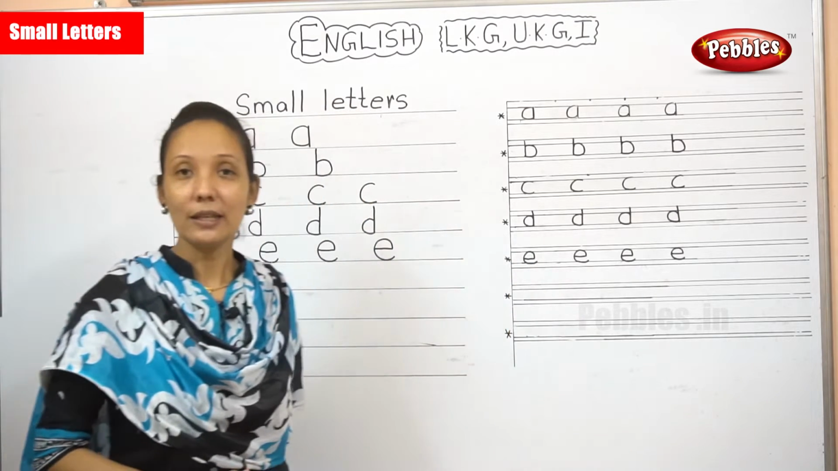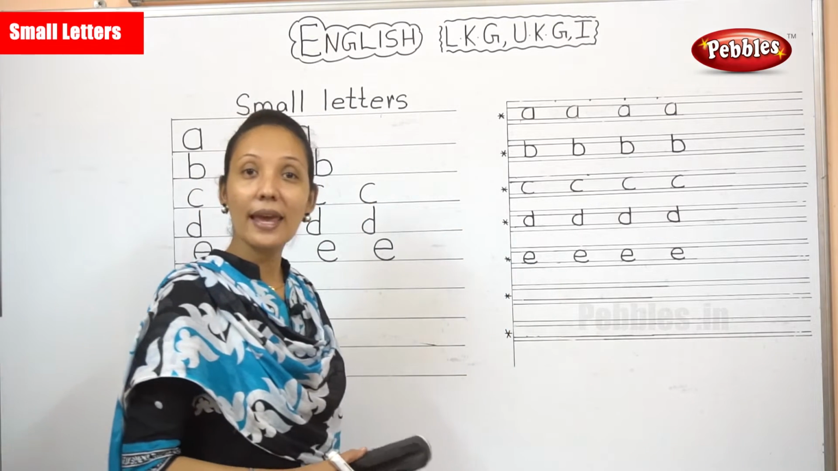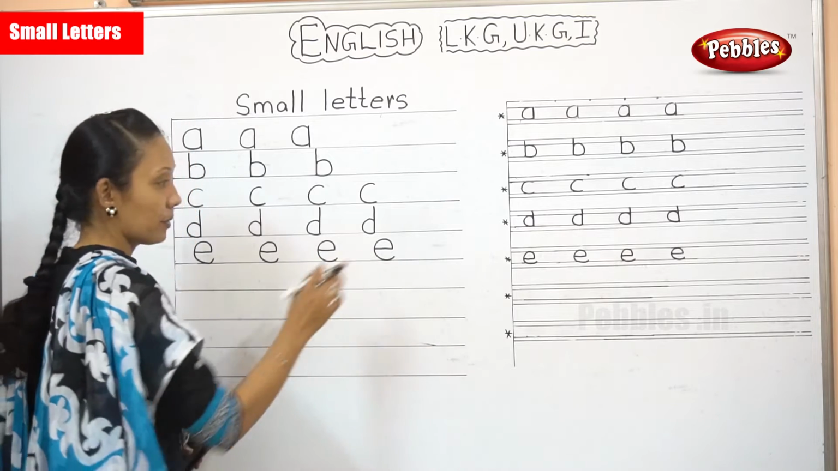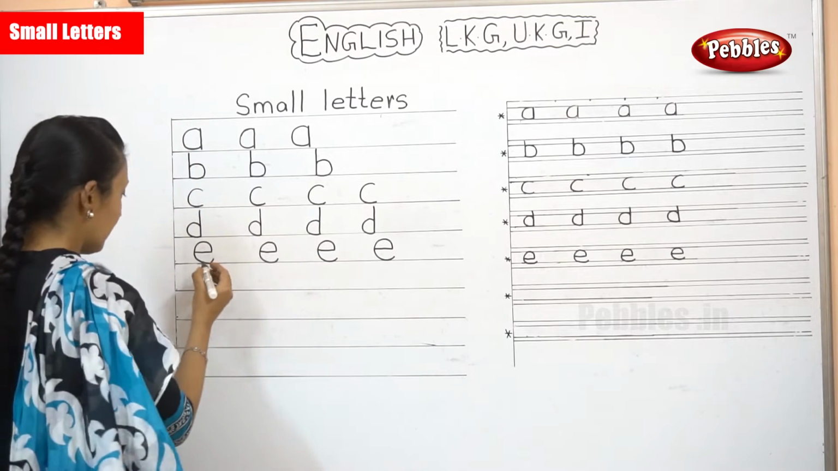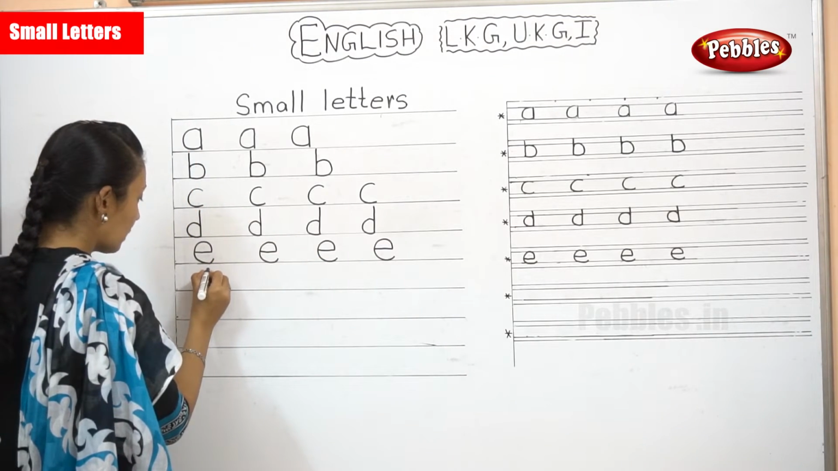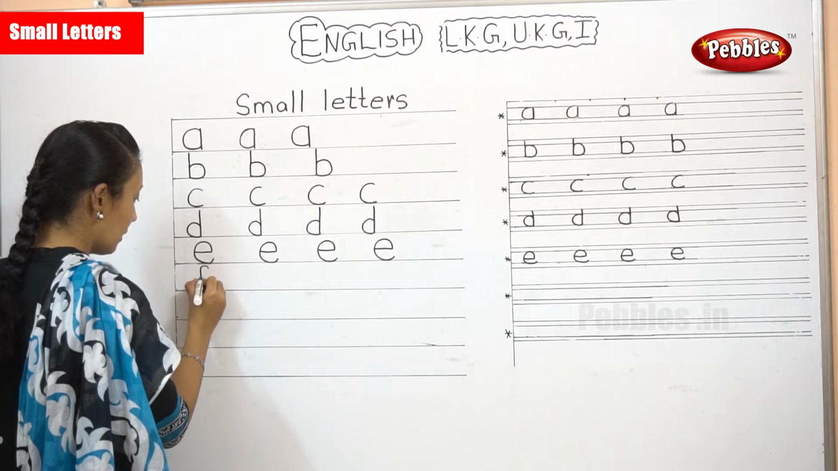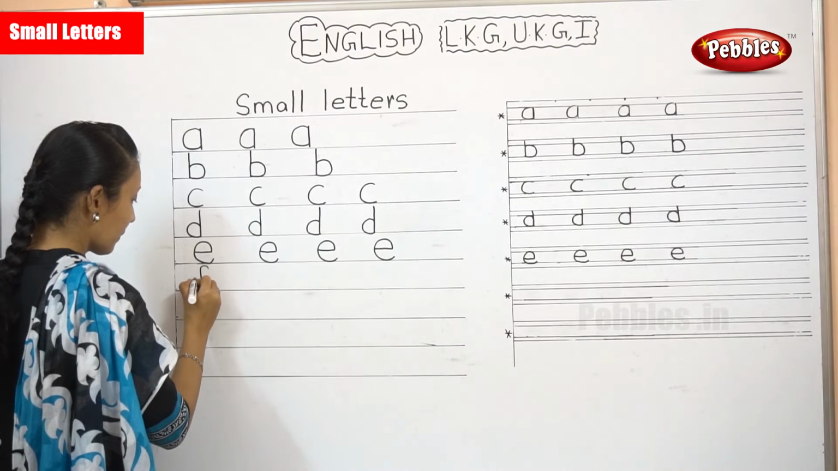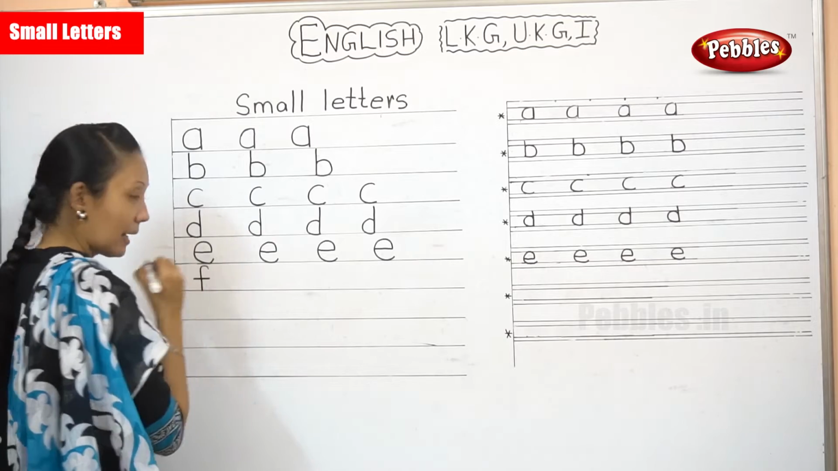Now, after E, your next alphabet is F. What's your next alphabet? F. Now, okay, you give a small curve over here and your standing line, and in the middle sleeping line is